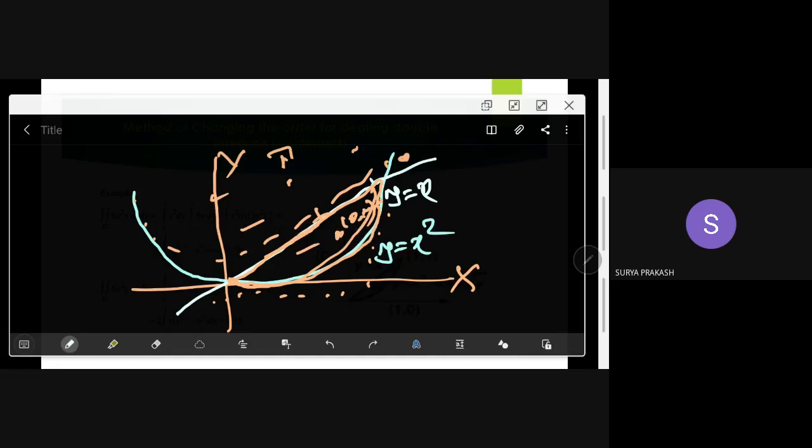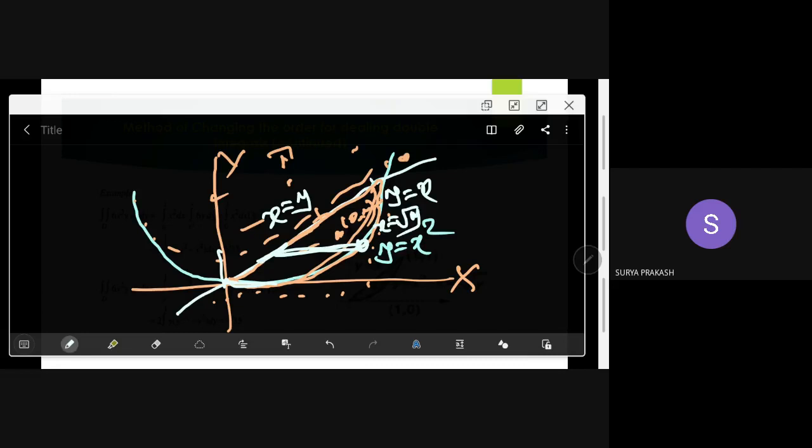If you want to do with respect to x first, draw a strip parallel to the x-axis. You have this curve. You express that curve with x in terms of y. So y is equal to x squared means x squared is equal to y, but x is equal to plus or minus root y. But we are in the first quadrant, so x value is positive. So we are taking x is equal to root y here.